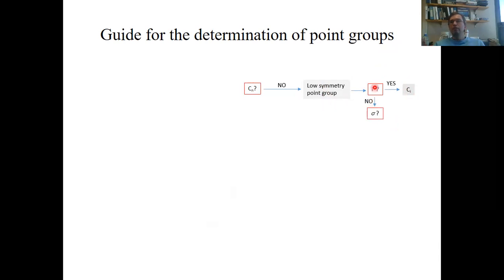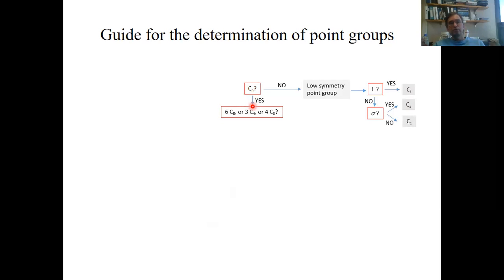If the answer is no, we ask another question, which is, does our molecule have a mirror plane? So if the molecule has a mirror plane, then it must belong to the point group Cs. If not, then it must belong to the point group C1. So now we have probed for low symmetry point groups. Of course, it could have been that our original question, does our molecule have a proper rotational axis, would have been answered with yes. So if it had been answered with yes, we would have needed to go this way,